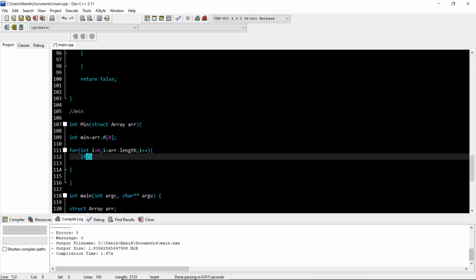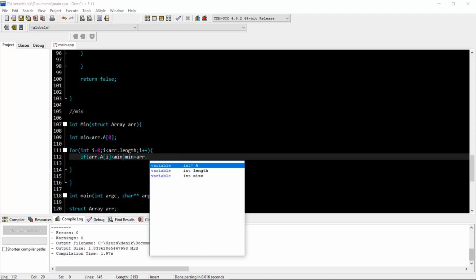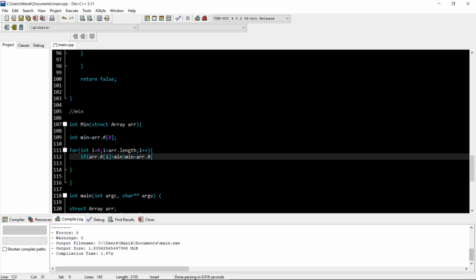So if arr dot A of i is smaller than min, if that element is smaller than min, then assign min to arr dot A of i.